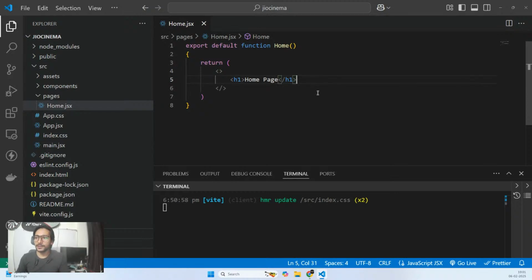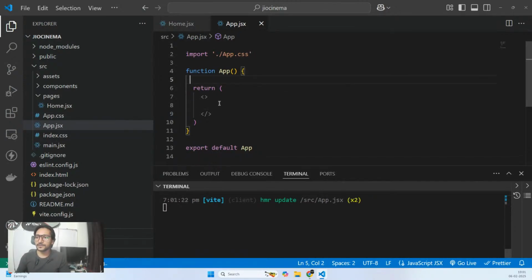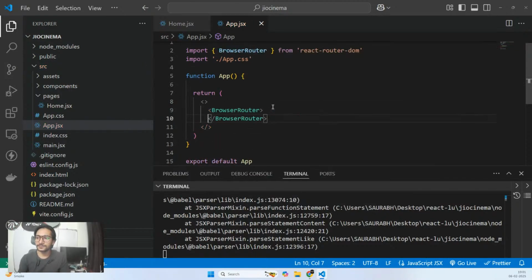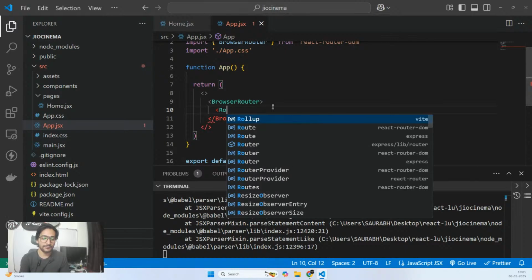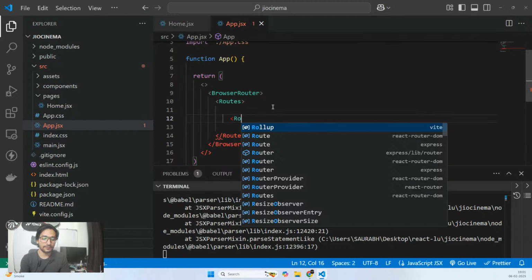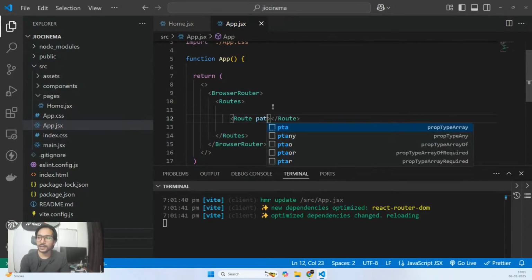And also very important, guys, what we need to do here is we'll go in our app.jsx, and let's also set up the basic routing quickly. So remove this. Okay, and let's start with the basic routing. So browser router, inside that we have routes, inside that we have route, and let's create a first route, which is going to be if the path is,